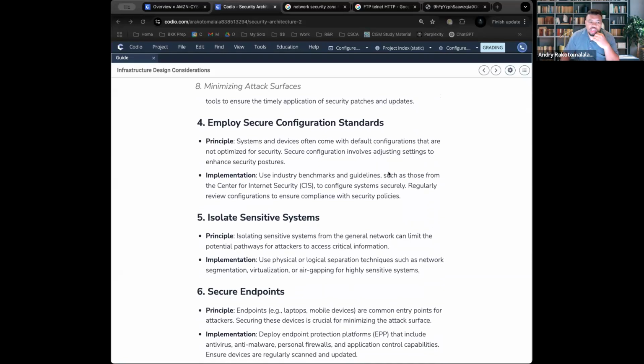And then you want to make sure that you have the right security configurations on all of your devices, meaning that you don't just use the default username and password, but you make sure that you update them and put the right security configurations in them. There is something called CIS, which stands for Center for Internet Security. You can look it up, but they have very specific guidelines on how exactly to configure your systems to be secure. It's something as simple as saying update your password from the default ones.